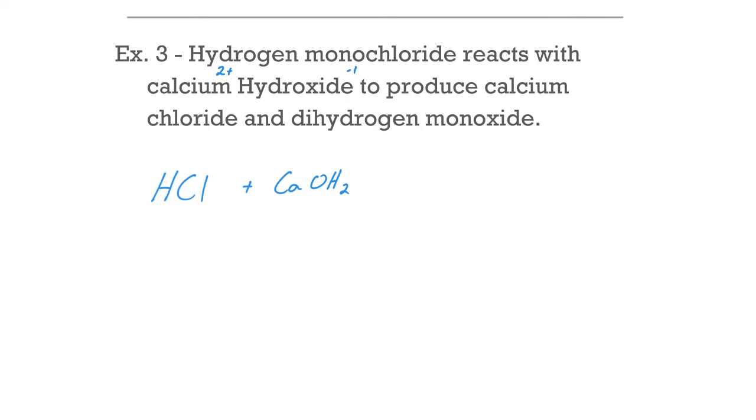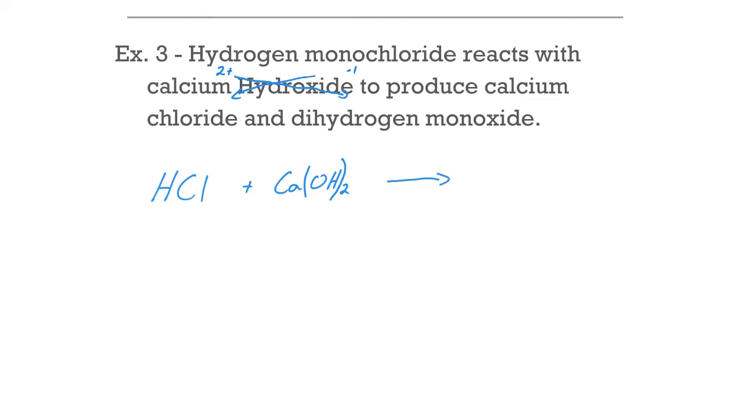That's what I see a lot of people do. And we have to be careful of our rules. We actually have 2 hydroxides when we crisscross this. So make sure to review your ionic compounds if you don't remember this. But we need to put brackets around that anytime we have more than one polyatomic. So I have calcium, OH, and I have 2 of those. So I need to indicate that with brackets. This is producing